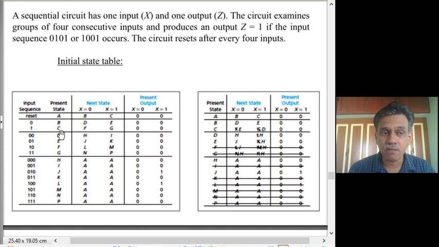For that, we have to again look at what happens when the second bit comes. So the pattern until you go to state B is 0. Similarly, until you go to C is 1. Well, in B, if the input bit is 0, let us say you go to D, and if it is 1 you go to E.